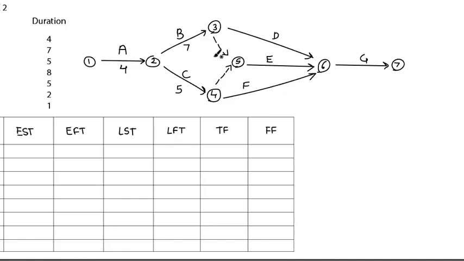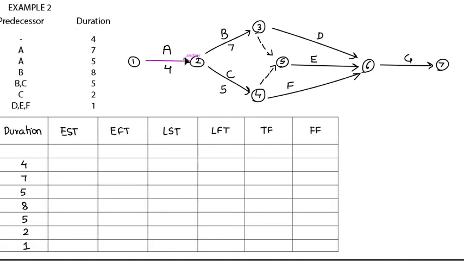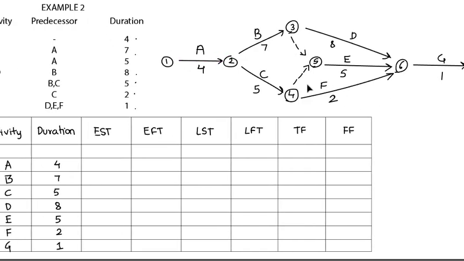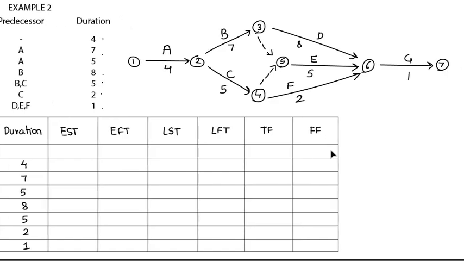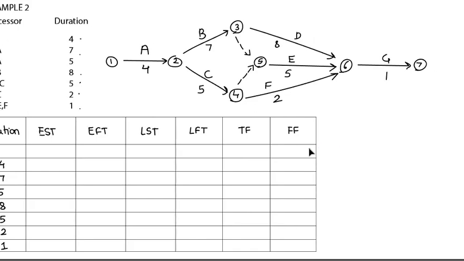So D's duration is 8 days. This is A, B, C, D, E, F, G. E's duration is 5 days, F's is 2 days, and G's is 1 day. So this is the project network diagram. Now we have to start putting the boxes on each node,